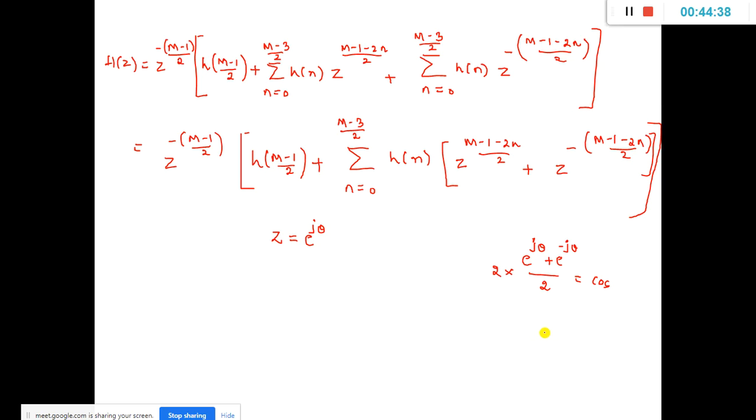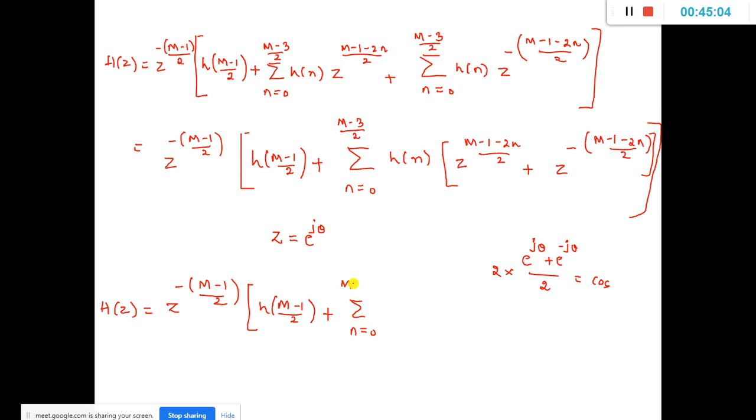Therefore I modified this equation in such a way that finally h of z is equal to z raised to m minus 1 by 2 h of m minus 1 by 2 plus